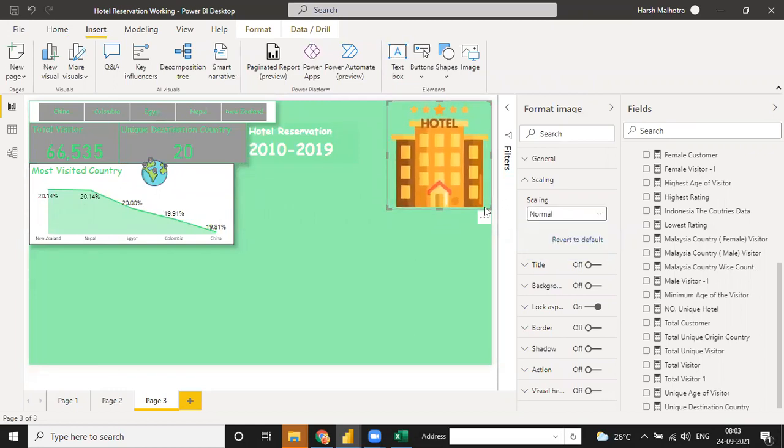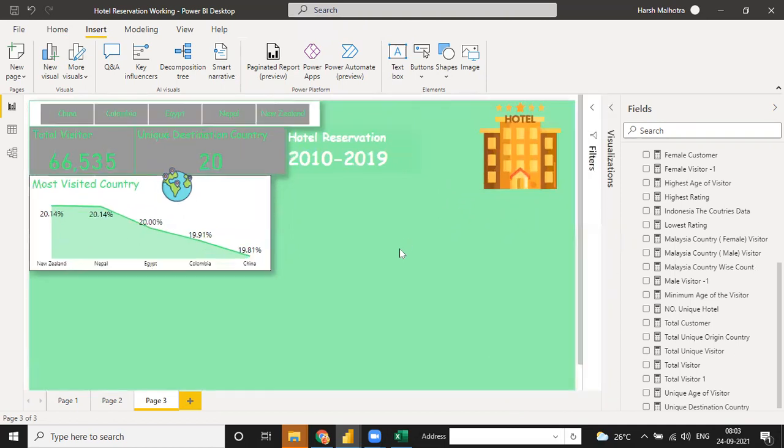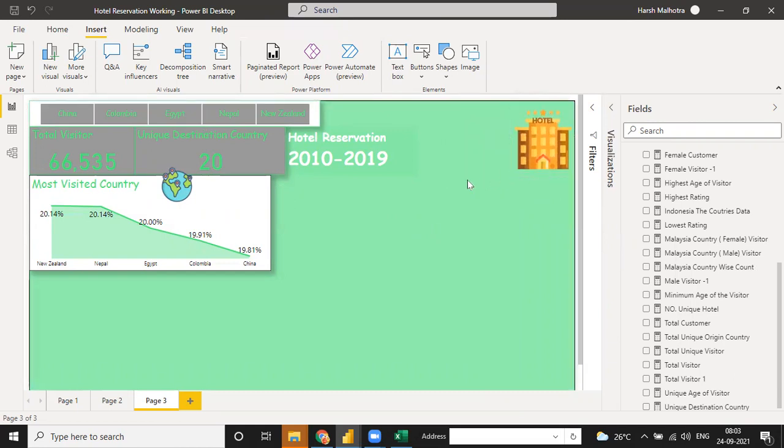So right now I need normal. For this you can use fit to fit your image in hotel reservation. Okay, so now the image will be added just like this.